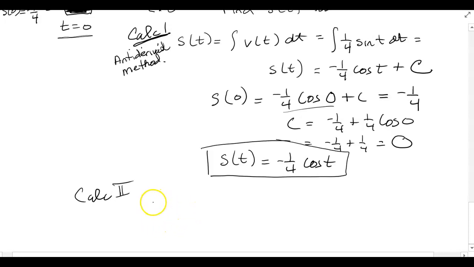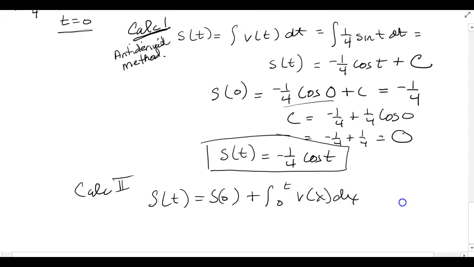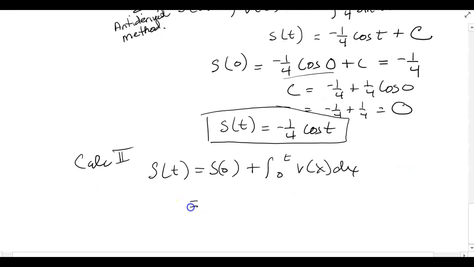So we could do s sub t. Well, it's going to equal s sub 0 plus the integral from 0 to t of v(x) dx. So I know that is now negative 1/4 plus, you have to integrate, right, from 0